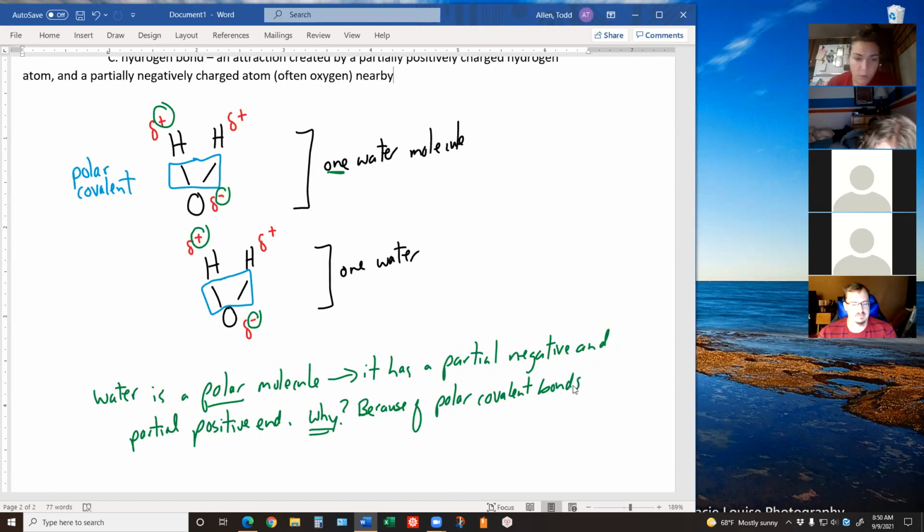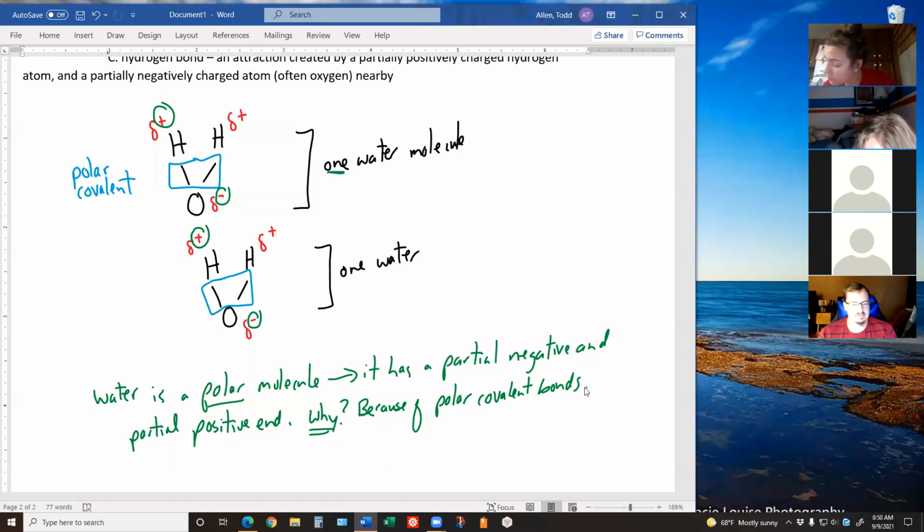Okay, because of the polar covalent bonds, right? The polar covalent bonds that are present within each individual water molecule cause the entire molecule to have a positive end and a negative end, which makes the water a polar molecule. Then what will happen,